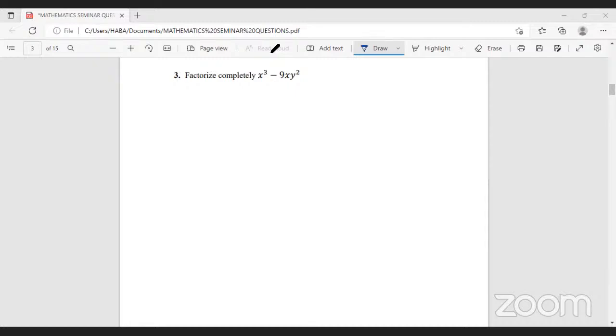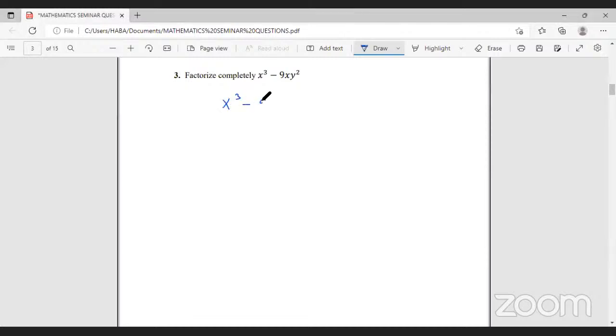Factorize completely 3x cubed minus 9xy squared. So here our common factor is x. So I will first pull out x into brackets x squared minus 9y squared, close brackets. But remember, I have x,